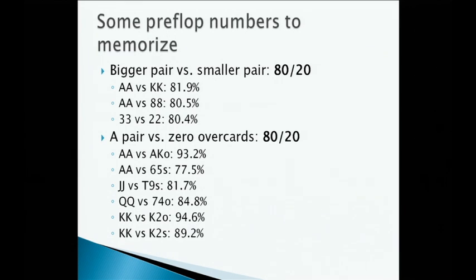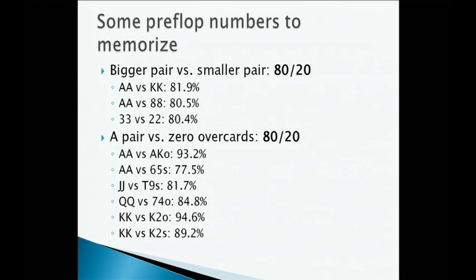What's the best situation you can be given pre-flop in poker? The best hand you can have is aces, right? But you don't want aces and for everyone else to have 3-2 offsuit because they're just going to fold. You want aces and you want someone else to have kings. One of my screen names was actually "please give me ace-ace against king-king" on a site, because it really is the best situation you can hope for. They're going to put all their money in with kings. Roughly, when you have a bigger pair against a smaller pair, you're an 80-20 favorite, so you win 4/5 of the time.